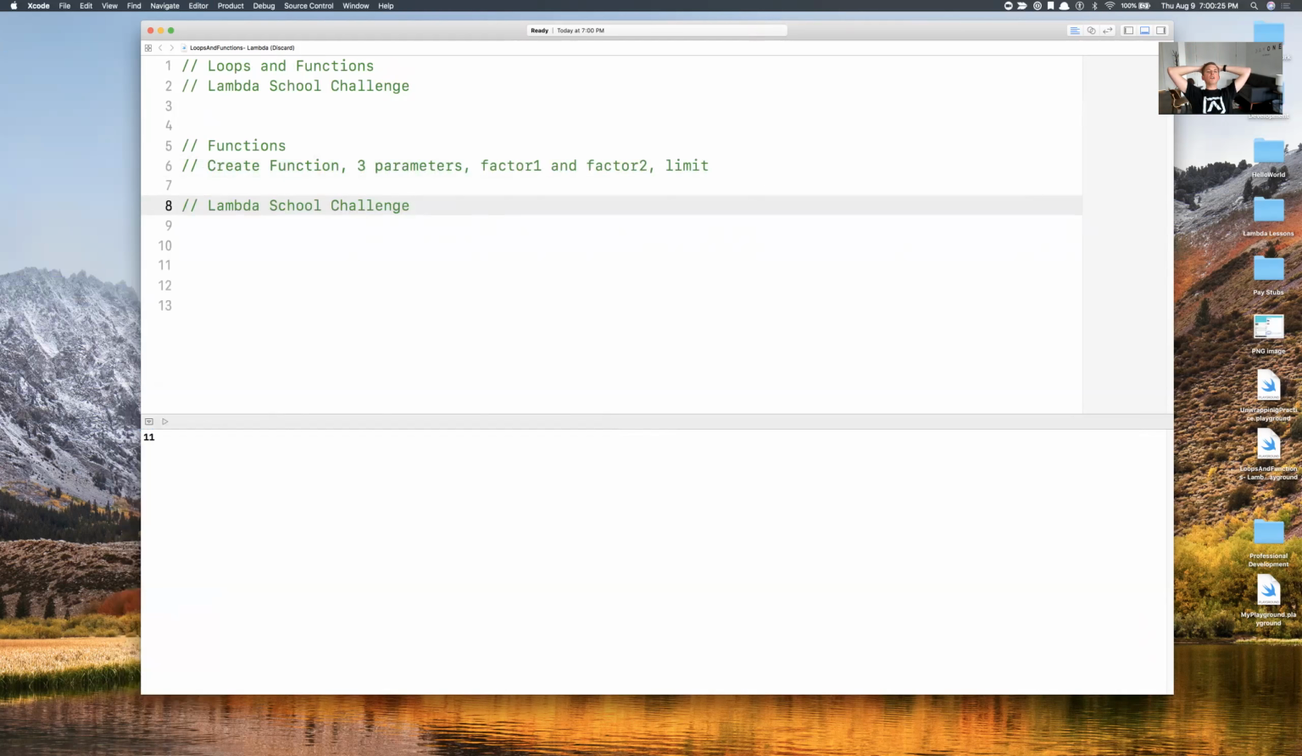And these parameters, factor 1 and factor 2, are going to be the equivalent of what we used 3 and 5 for in our original Lambda School challenge, okay? And our limit is going to be the top limit that we have, right? So remember, previously we did 0 to 100. I want it to be 0 to your passed in limit, okay? So go ahead, and if you still have your Lambda School challenge,